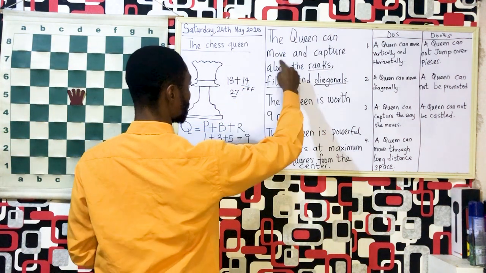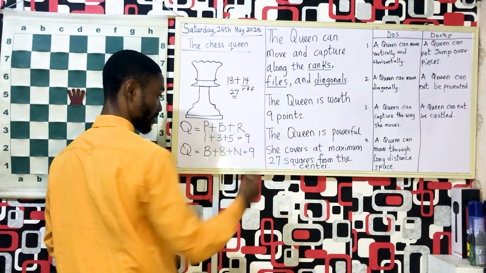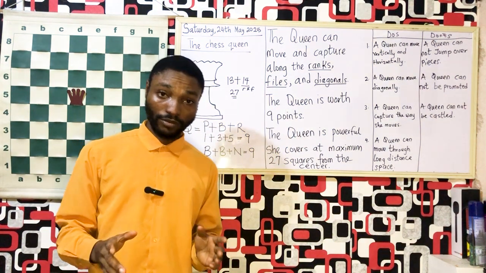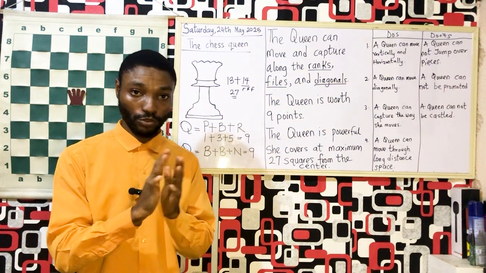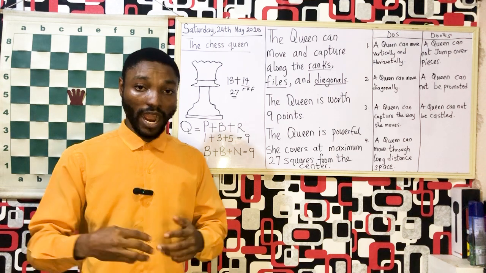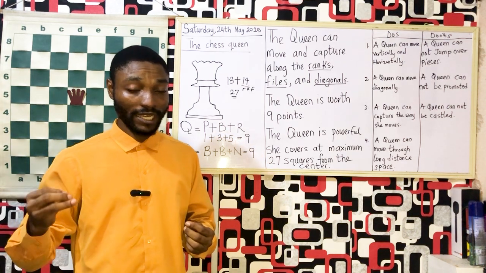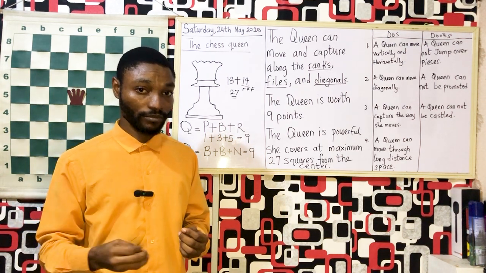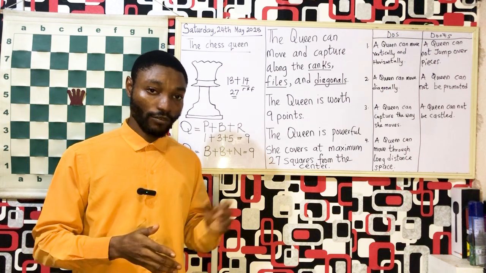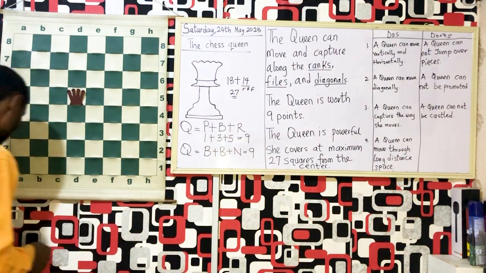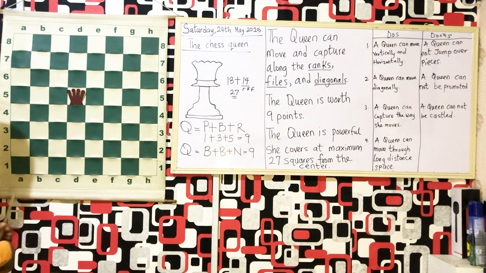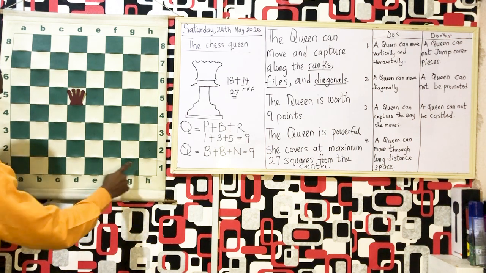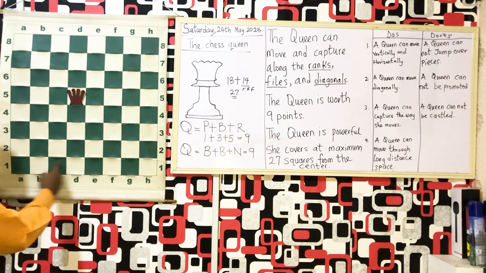The queen can move and capture along the ranks. By now, ranks are not a new idea on this page. I've explained ranks in each video I made about the chess pieces, so I'll do the same thing here for the queen. The ranks are a combination of squares joined together, lying down horizontally straight. In this direction, we have